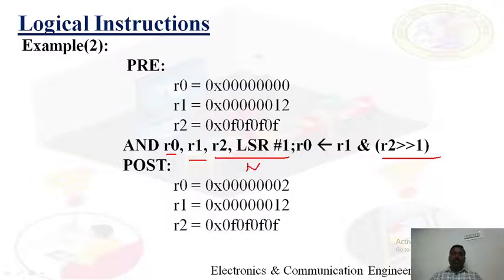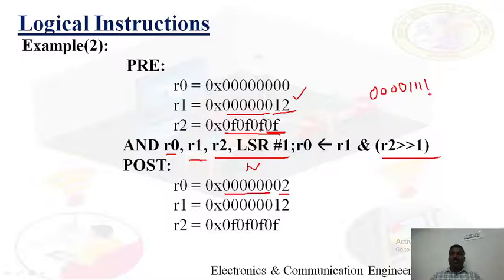So here R2 is how much? R2 is 0F, 0F, 0F like that. If it is shifted right by one position, let us consider the lower nibble only, because we have data in Rn in the lower nibble only. Anything ANDed with 0, you get 0 only. We have to concentrate on the lower nibble now. So if this is 0F, that is 0 0 0 0, F means 1 1 1 1. This is logically right shifted by one position.